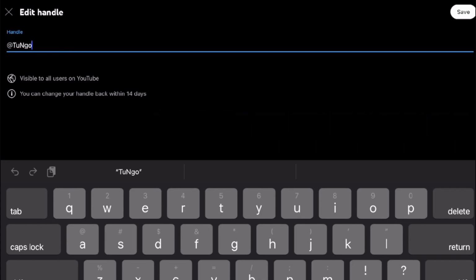Now keep in mind you could change your previous handle back within a 14-day period. Now you could just mess around and see what handles are out there, and after you've edited your YouTube handle, at the top right you click on save. So I'm going to exit out,